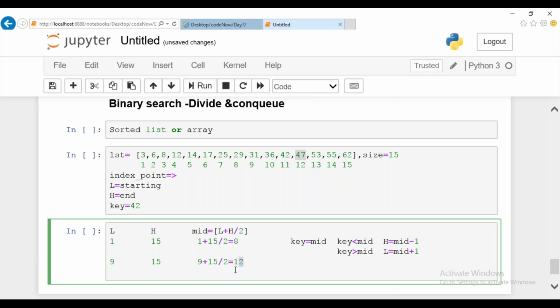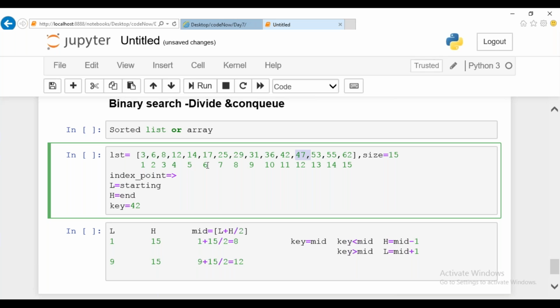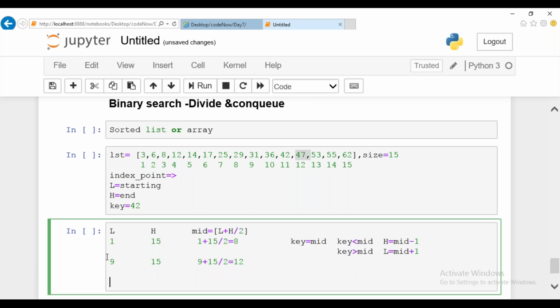Now again check with this particular 12th question, guys. Once you check with this 12th question, it is 47, which is not equal to the key value. In this condition, I'm supposed to decrement it. Since the 42 you are searching is less than the mid value, you're supposed to decrement your highest value as mid minus 1. Right now your mid value is 12. If you decrement, it becomes 11, and your highest range has to be modified, not the lowest range. Your highest range has to be modified to 11.